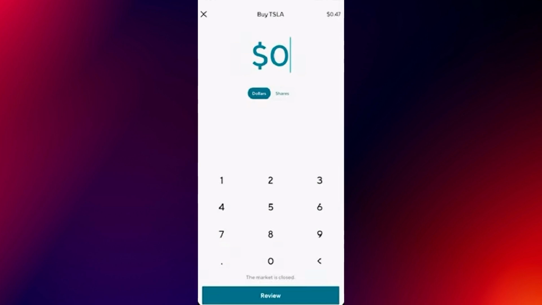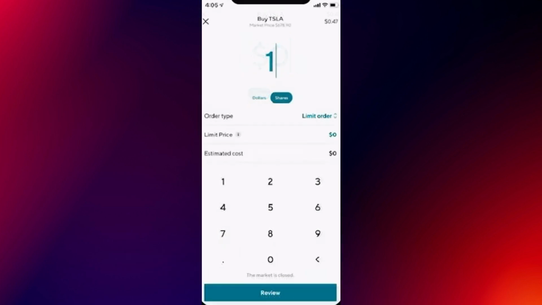A market order allows you to buy at the current market price, while a limit order lets you set a specific price point at which you'd like to purchase. For example, if Tesla is trading near $678.90, you can enter that price as your limit order. Once everything is set, click on Review to confirm the details and then proceed with the